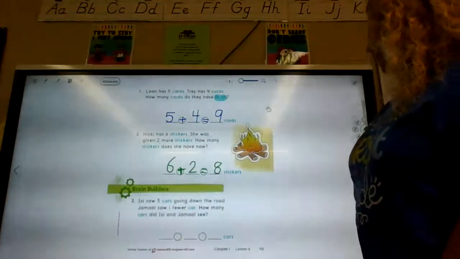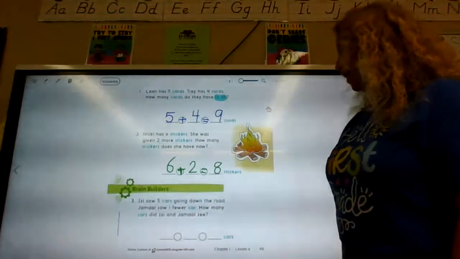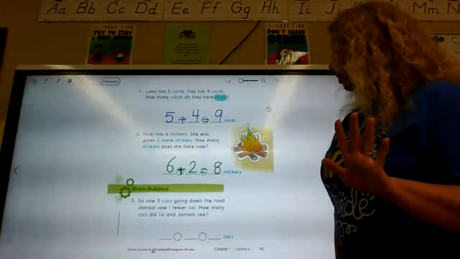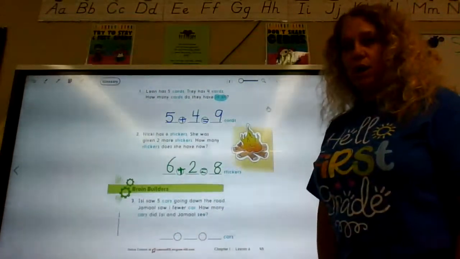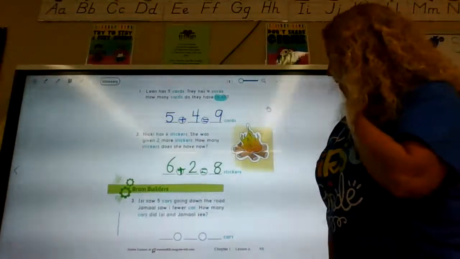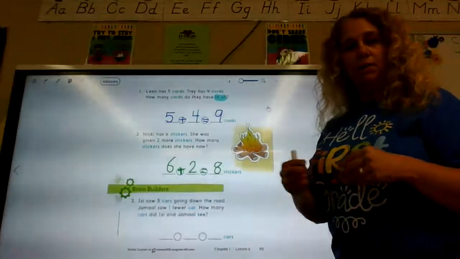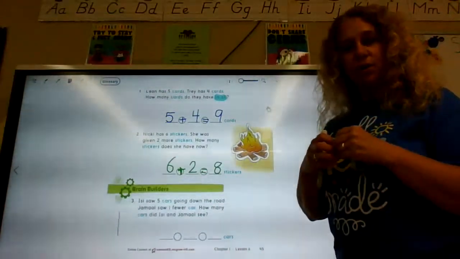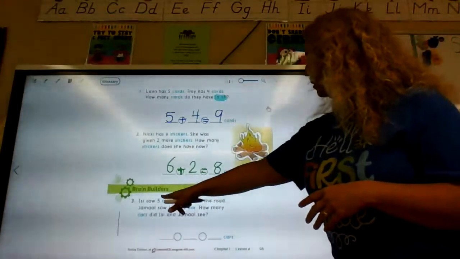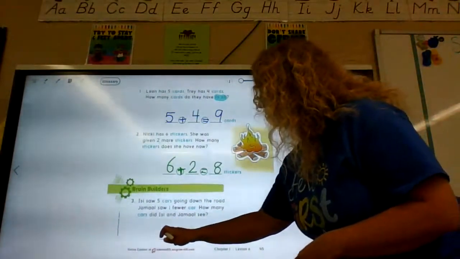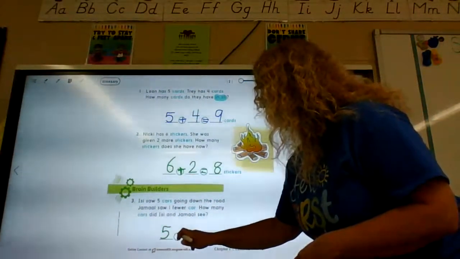Let's see. It says, Issy saw 5 cars going down the road. 5 cars. Jamal saw 1 fewer car. How many cars did Issy and Jamal see? So we have to add their numbers together. But I see the 5, so that's Issy's. Plus